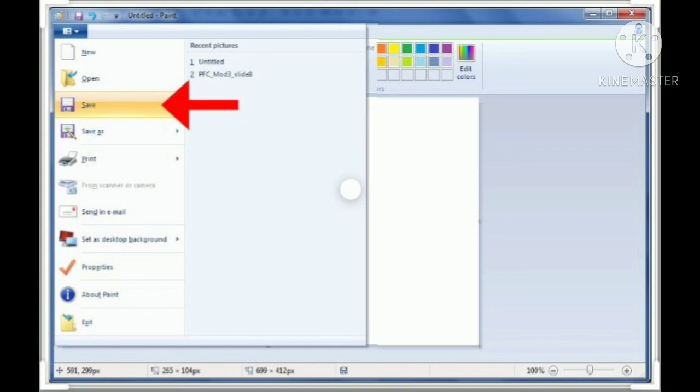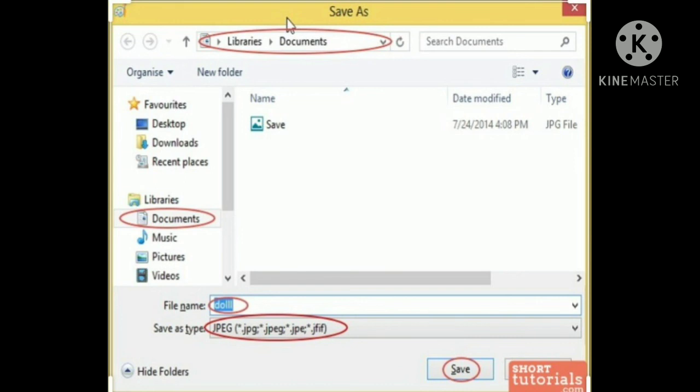To save a file in Paint, follow the given steps. First, click the Paint button and the menu screen appears. Second, click the Save option. The Save As dialog box appears. Third, now in the file name box, type the name that you want to give to your work. Fourth, click the Save button. You have saved your work in a file in the computer. Note, you can also save your work by using the keyboard. Press Ctrl S to save your drawing.